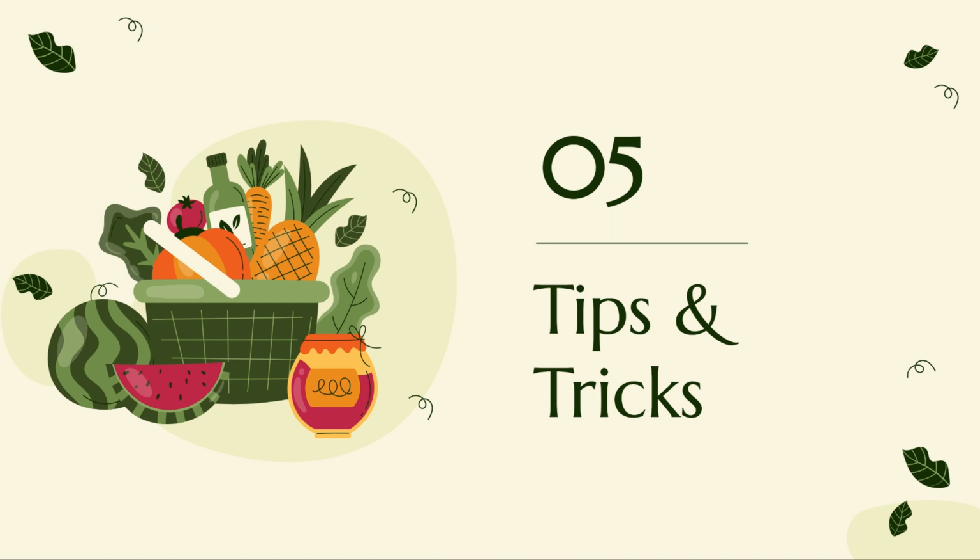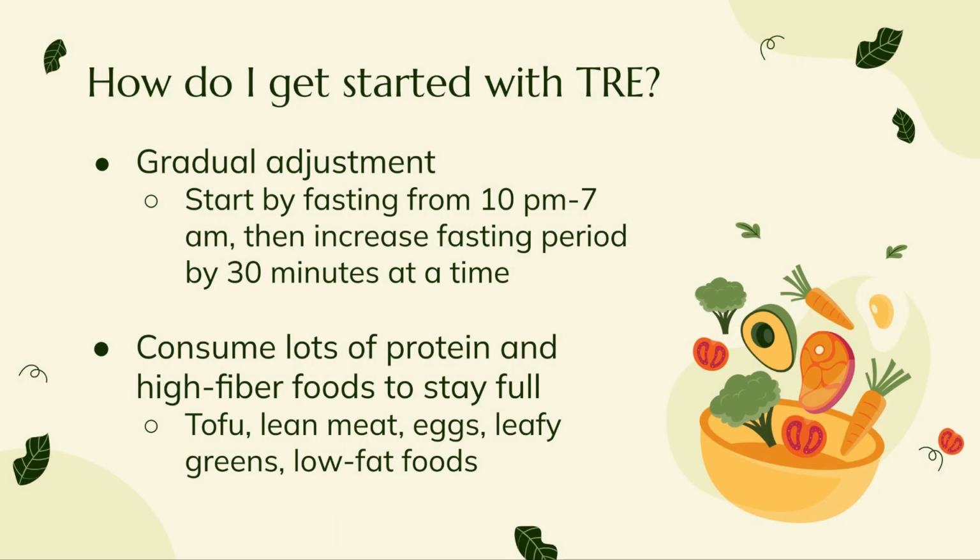as shown here. As for some tips and tricks for getting into time-restricted eating if you're interested, it is recommended to gradually adjust, so maybe start by fasting from 10 p.m. to 7 a.m. and then increase the fasting period by 30 minutes at a time every few days. And also try to consume lots of protein and high fiber foods to stay full, such as tofu, lean meat,